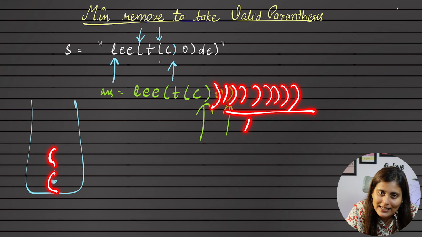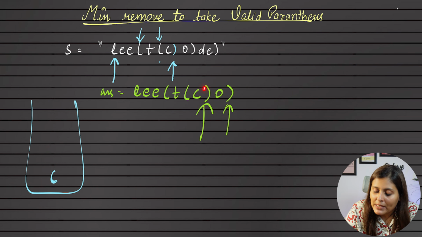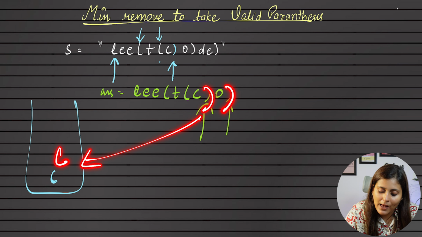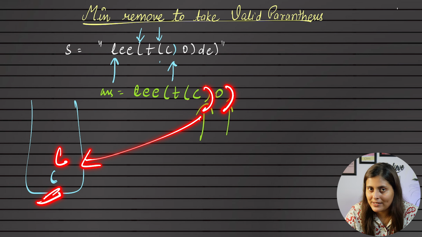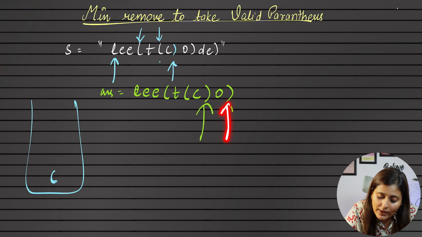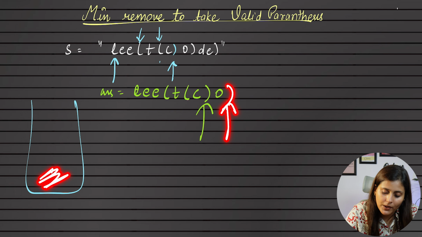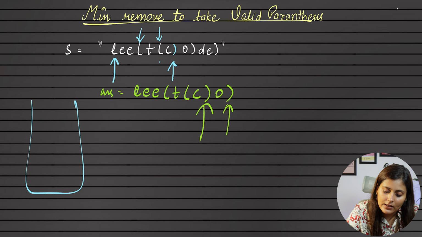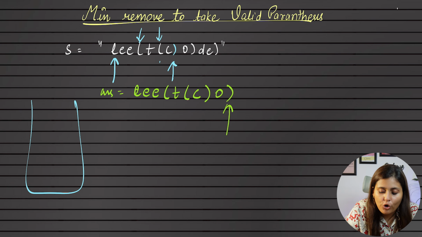So all closing brackets are not valid for this, right? Only 2 closing brackets can match 2 open brackets. I hope it is clear. So when we found this closing bracket, we have to pop the upper one. And now when we found this closing bracket, we have to pop the upper one. So if we have something in the stack, for sure this closing bracket is valid, I will add it.